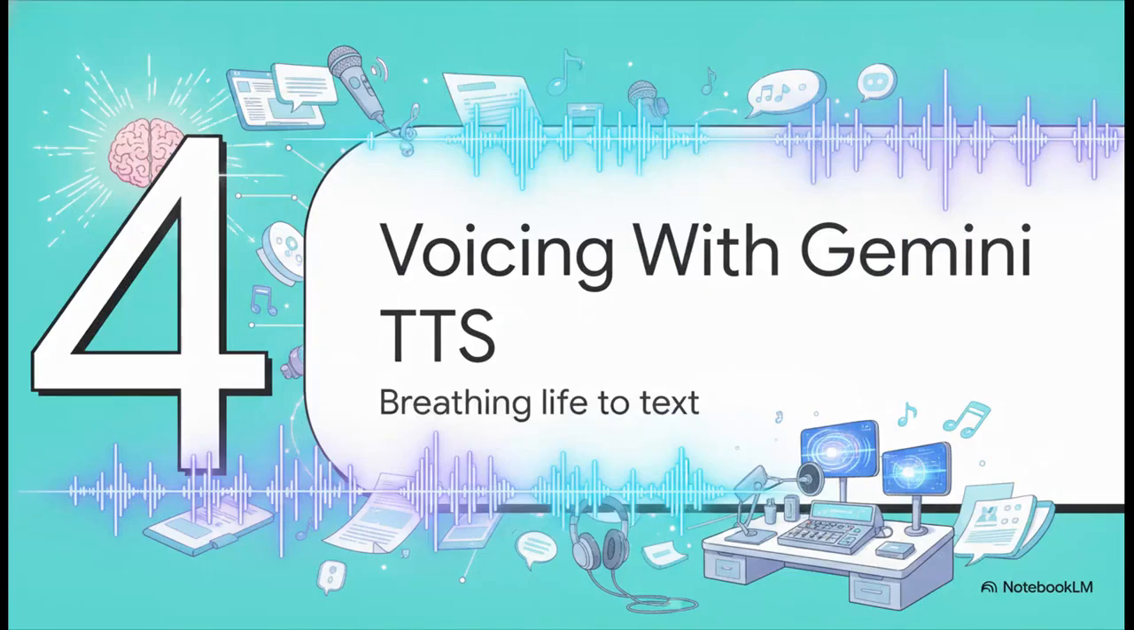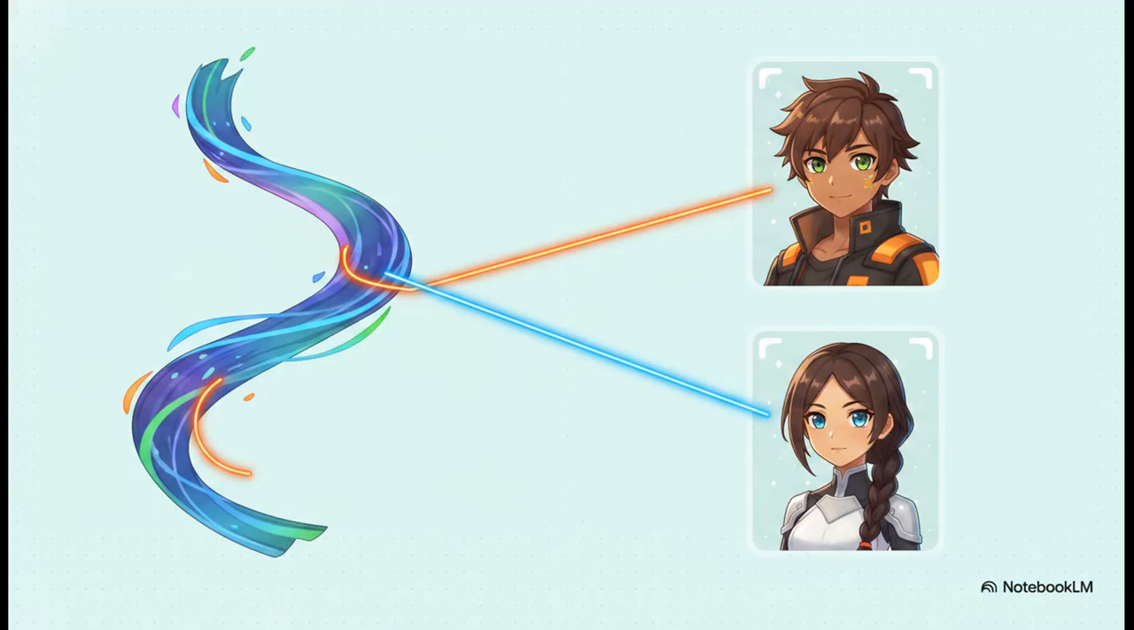minute video. Which brings us to Section 4, voicing with Gemini TTS, breathing life into that text. Now, before you generate the audio, there is a super crucial quality control step you got to do. You have to look back at your ChatGPT script and identify the actual genders of your speakers. Like if Speaker 1 introduces himself and then introduces his guest Olivia, well, you know Speaker 1 is male and